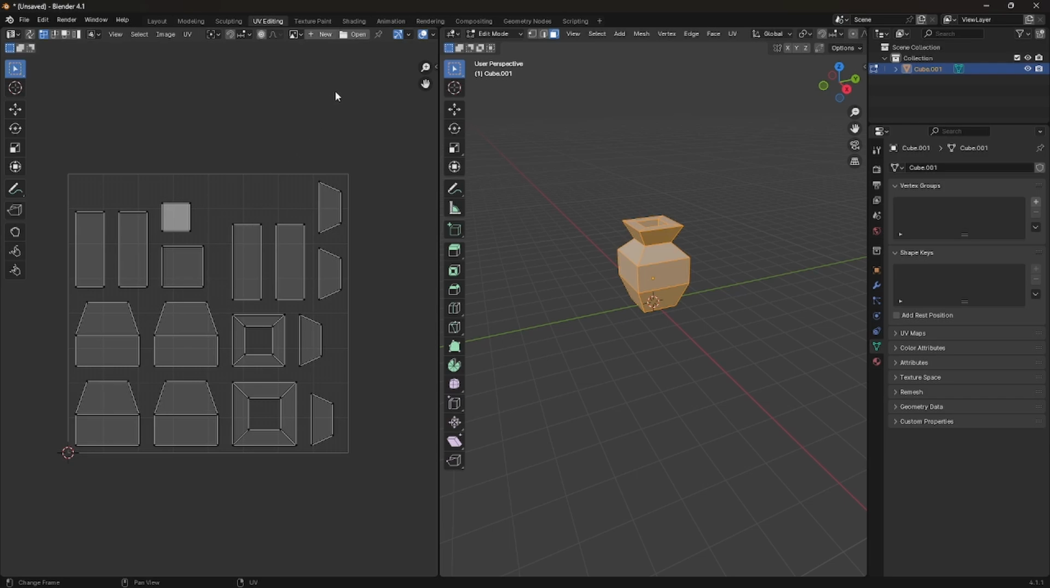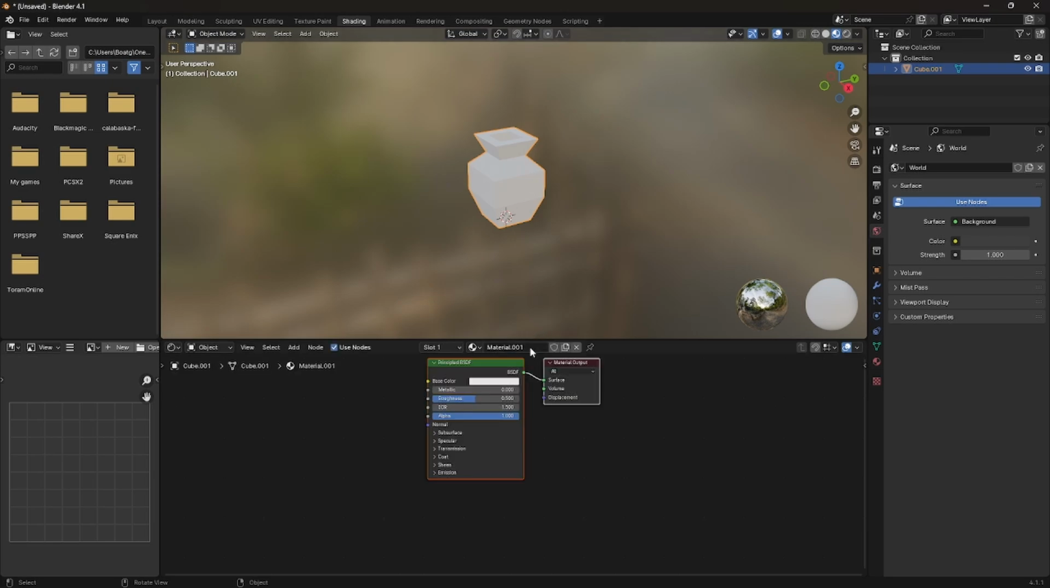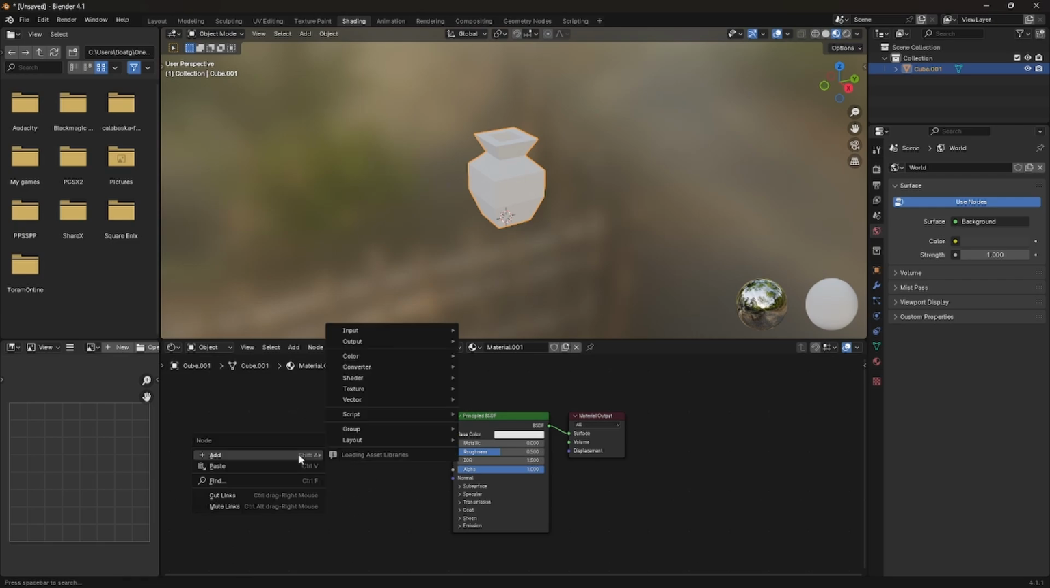So, we're going to go up to this tab at the very top here. So, center of it, go up here, shading. And we're going to create a new material by pressing new right there. We're going to deselect this, either with the escape key. Oh, wait, no, not with the escape key. We're just going to click right here in the gray void. Just click anywhere here. And then we're going to right click,